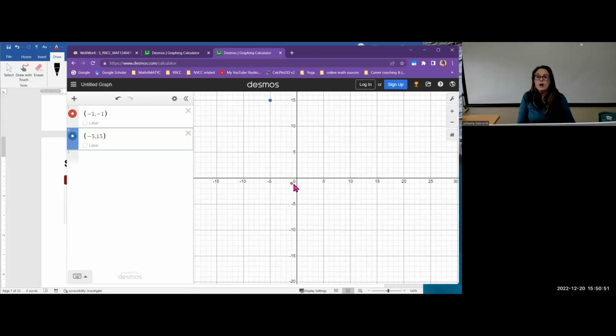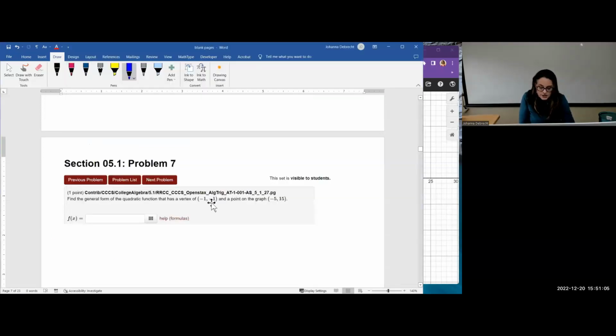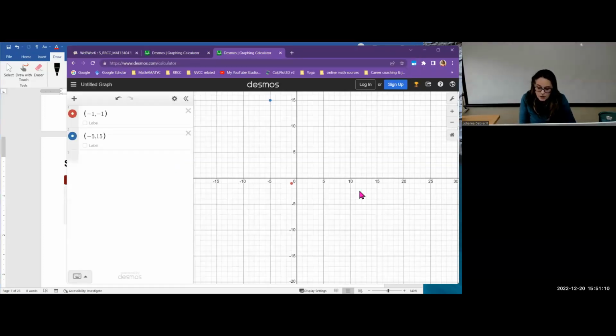Now some of you may go, oh, well, obviously it's a parabola that opens up, right? Yeah, not necessarily. Or is it? Look at this. Which one of these was the vertex? Let's go back to the problem again. The vertex is (-1, -1). We don't know if that's a min or a max. But now we've got this point which is above it, which means that it can't open down, because if it opens down, the vertex should be the highest point. So this must, in fact, be a parabola that opens up,